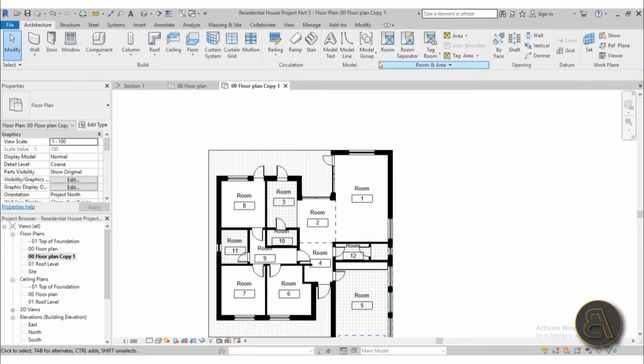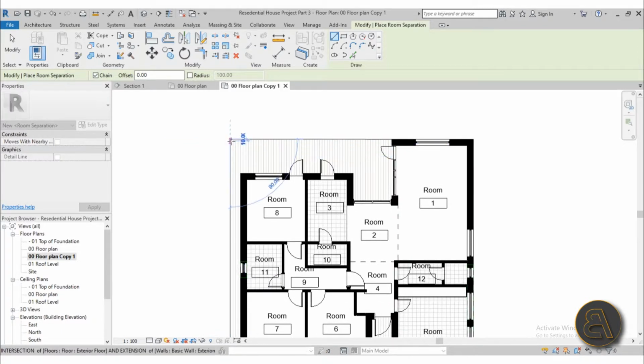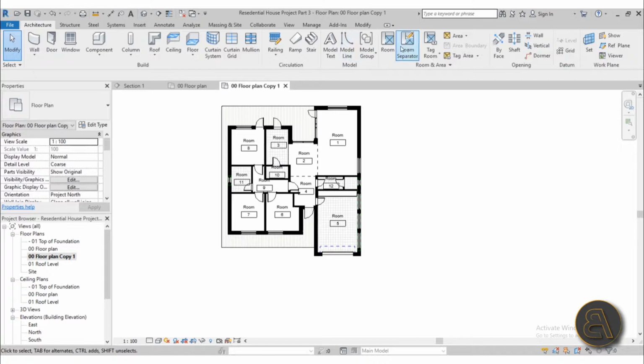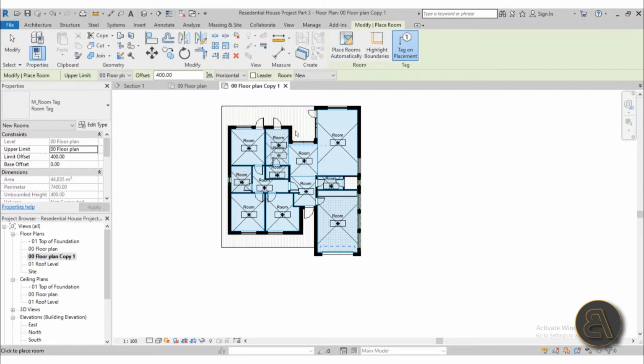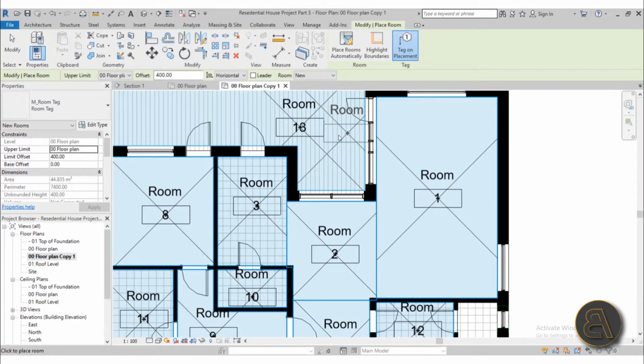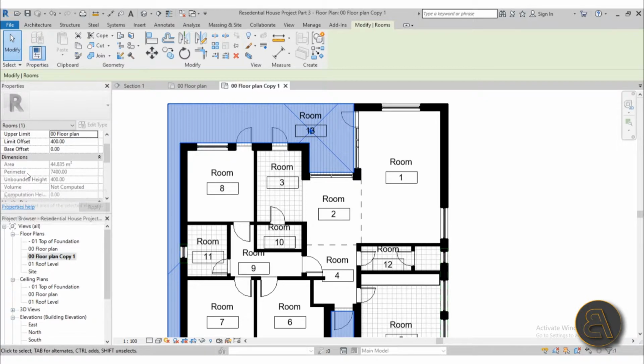But what you can do is go again with the room separator tool, go from here and just follow the outline. So go from there all the way here and finish off here. And now if you go with the room, as you can see, it's going to recognize that as a room. The reason for this is I like to have that just to get the area. So if you hover over this X sign and select it, you're going to get the area of that outside,